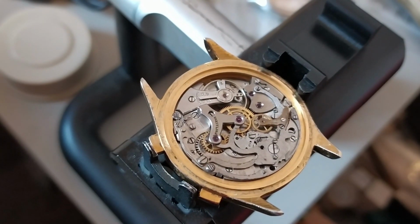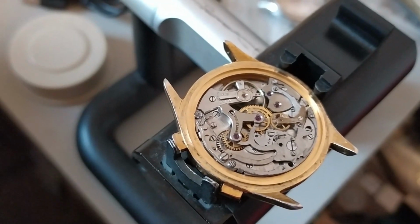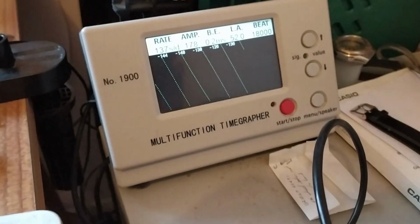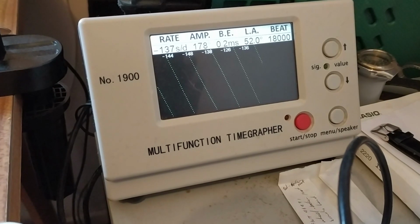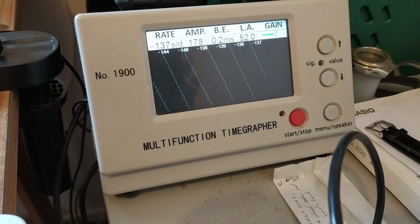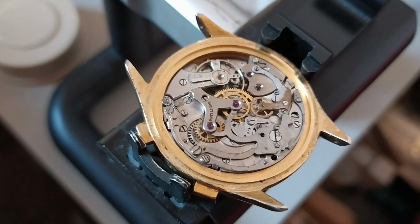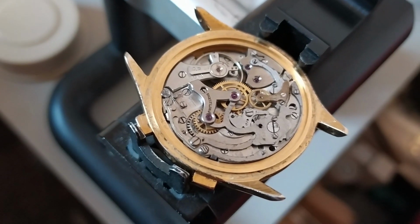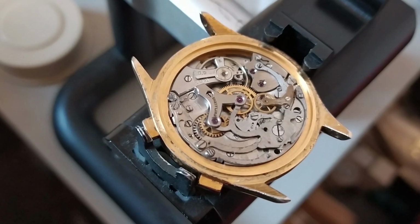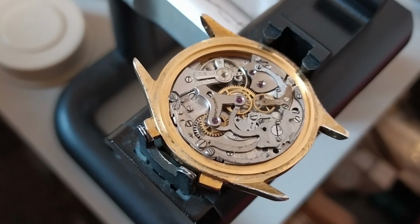But that's good, because we know that the watch runs, and it also means I know that with a service it will run well, or there's no particular reason to believe it wouldn't, because the trace is a nice clean trace, despite the fact that it's losing a considerable amount of seconds. It's a very clean trace, so it looks like there's no particular problems with the train or escapement, so that's good. It might need a replacement fourth wheel, and we'll just have to see if I can manage to straighten that